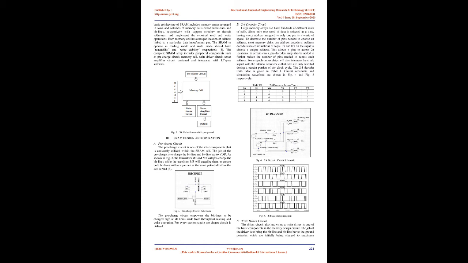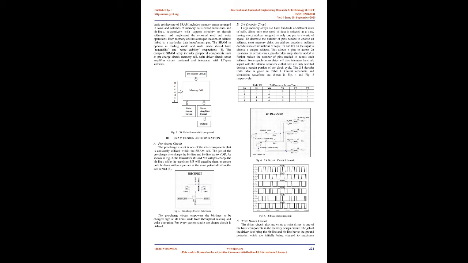For every section, a single pre-charge circuit is utilized. 2:4 decoder circuit. Large memory arrays can have hundreds of different rows of cells. Since only one word of data is selected at a time, having every address assigned to only one pin is a waste of space. To decrease the number of pins needed to choose an address,